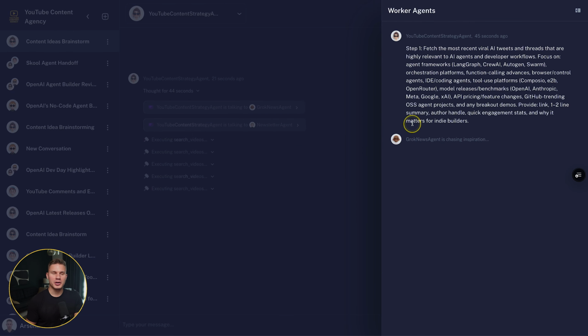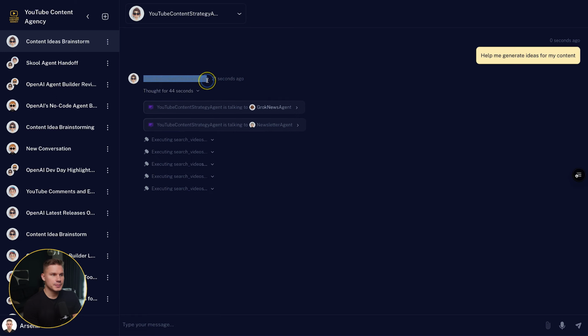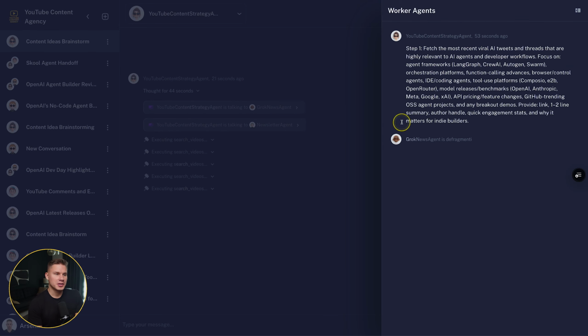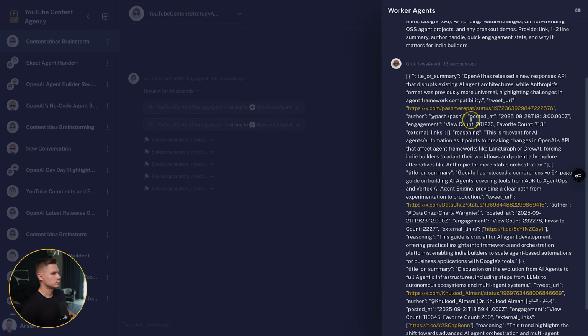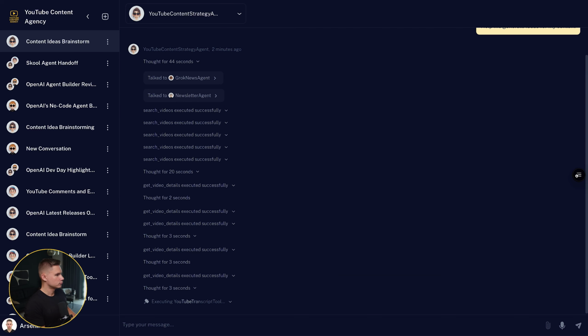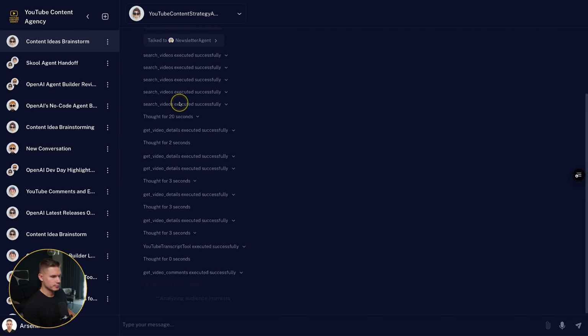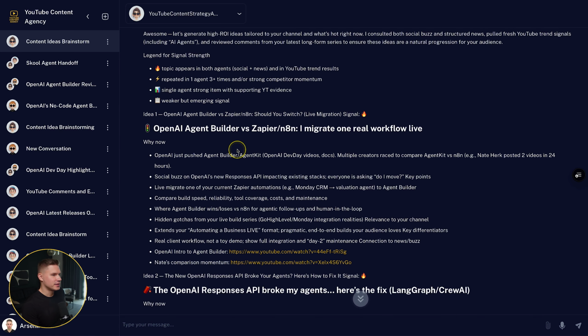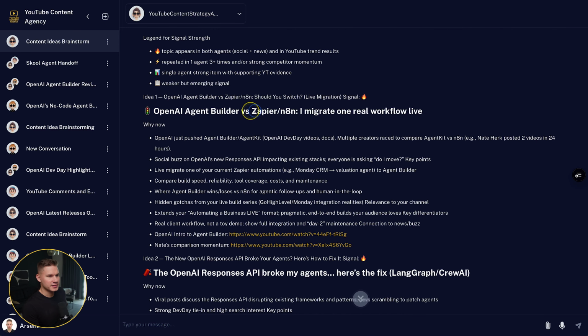This is the cool part about our platform: the main agent actually decides by itself who to communicate with next. And now, finally, at the end, we get these content ideas, like, for example, OpenAI's Agent Builder versus Zapier and n8n, because probably this is what most people are talking about right now on Twitter.